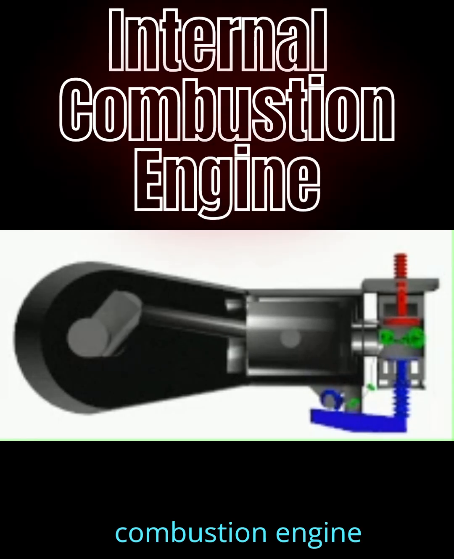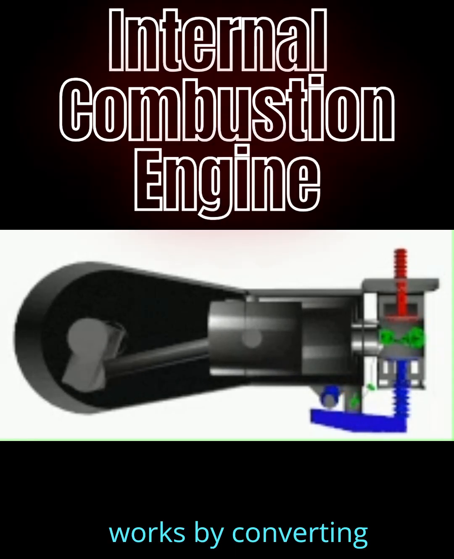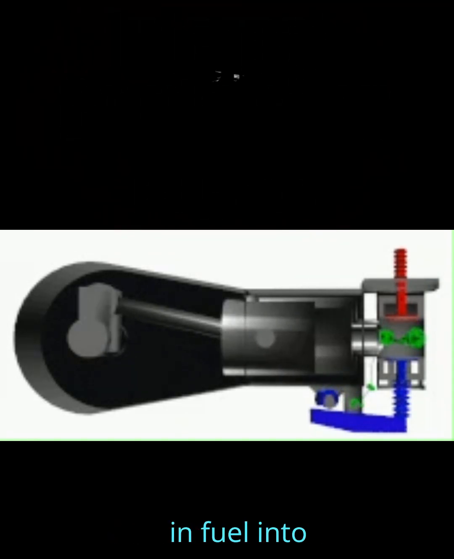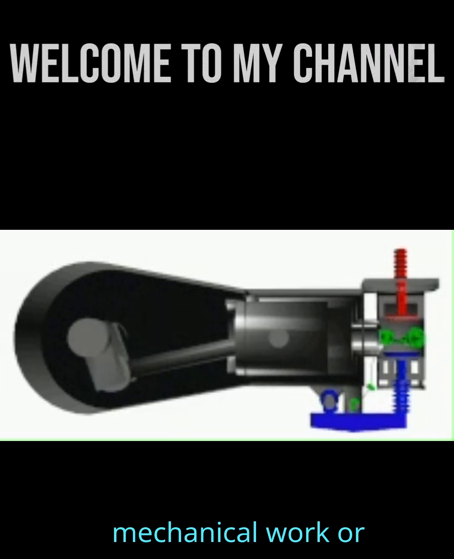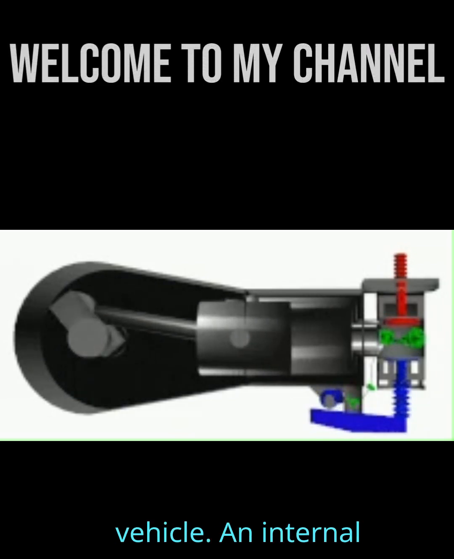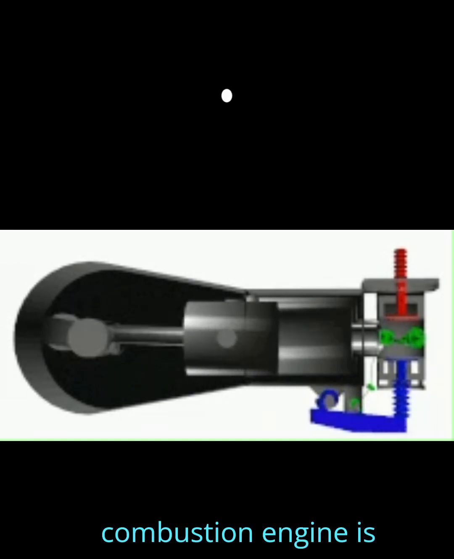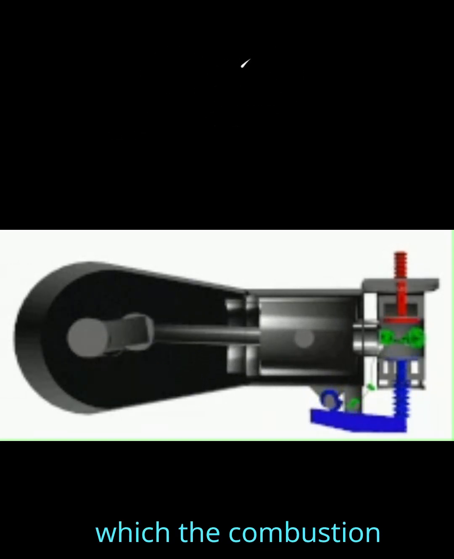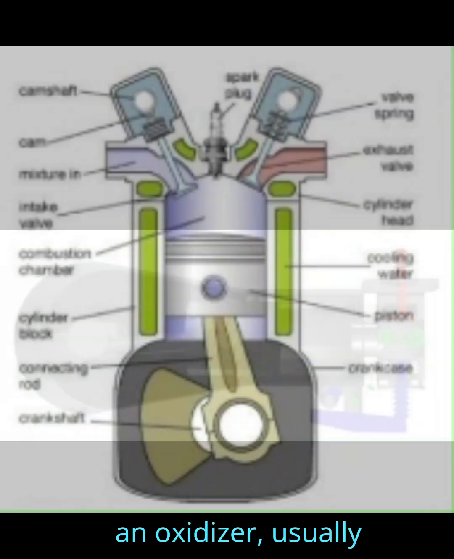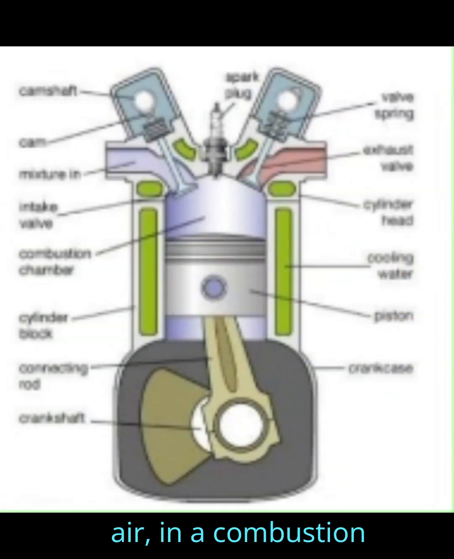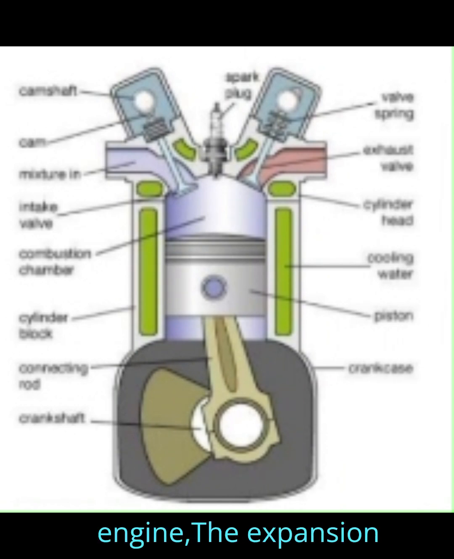An internal combustion engine, IC engine, works by converting the chemical energy in fuel into mechanical work or torque to power a vehicle. An internal combustion engine, ICE or IC engine, is a heat engine in which the combustion of a fuel occurs with an oxidizer, usually air, in a combustion chamber that is an integral part of the working fluid flow circuit. In an internal combustion engine, the expansion of the high-temperature and high-pressure gases produced by combustion applies